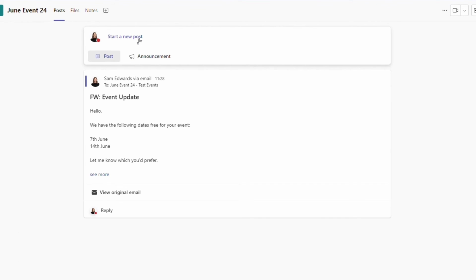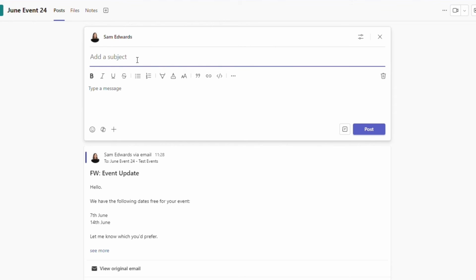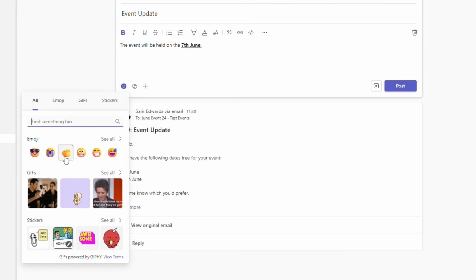When you write a post in a channel, you can write a subject here and it will put it in a bolder font when posted. Below this, you add your general message, and you have some usual formatting options here, such as bold, underline, font colours, highlights, and more. Along the bottom, the smiley face here allows you to add emojis, GIFs, and stickers to your post,